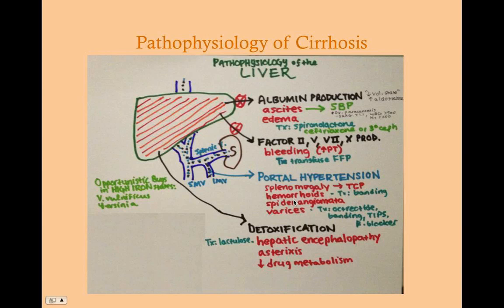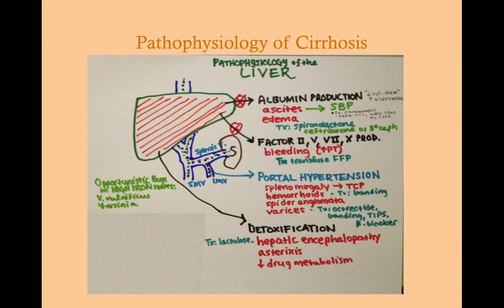Hemorrhoids and spider angiomata and varices are all caused essentially for the same reason, because those are all accessory veins. Varices will be accessory veins around the esophagus, but hemorrhoids and spider angiomata are just a dilation of the veins that become dilated due to the increased portal pressure. So hemorrhoids, spider angiomata, and varices are all sort of symptoms of the same portal hypertension.